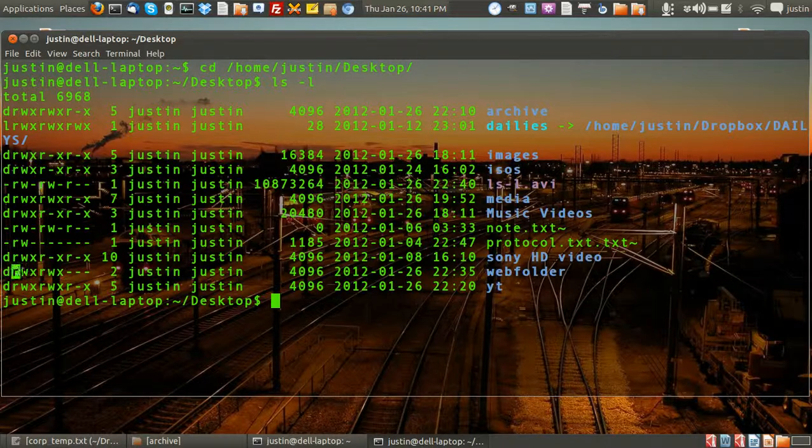And what the first RWX stands for is the owner permissions, aka the user. And RWX of course stands for read, write and execute permissions. So for this web folder here, the owner has read, write and execute permissions. Now the next one over is group permissions, and the group that has access to this also has read, write